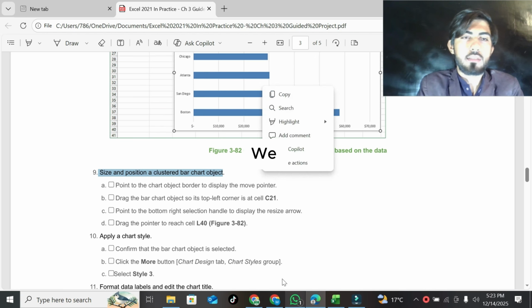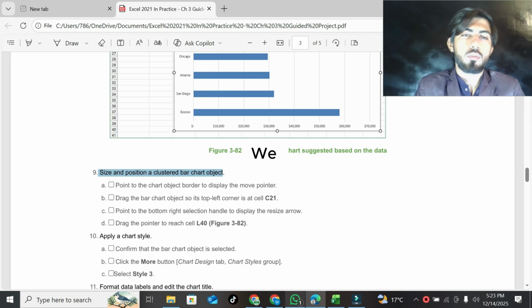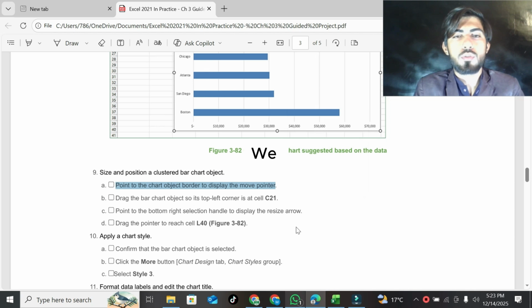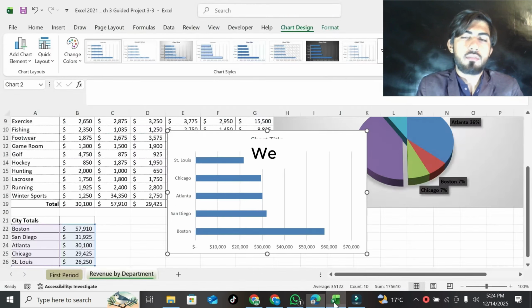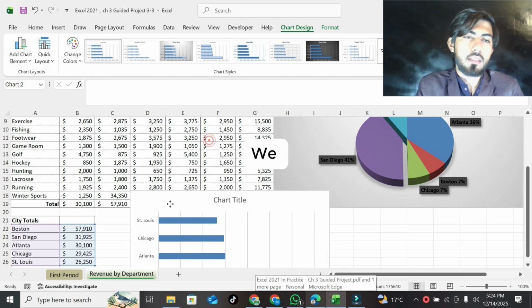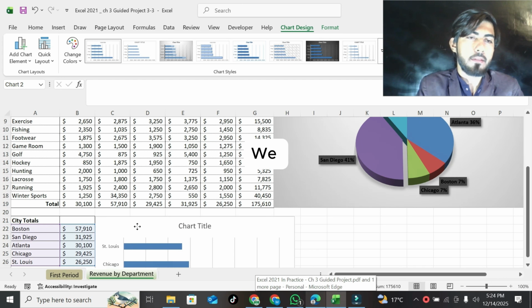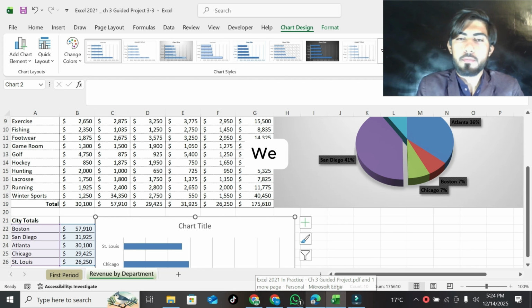Question number 9 is size and position a clustered bar chart object. Point the chart object border to display the move pointer. Part B is drag the bar chart object so its top left corner is at cell C21. So go to the Excel worksheet and its top corner is at cell C21. Okay.